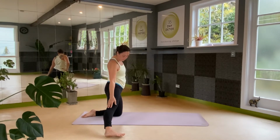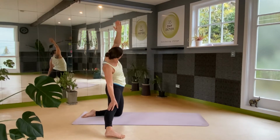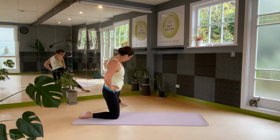So coming hips over knees, bring the right leg out to the side, flex the foot and then reach the arm up, left arm up and then over. Feel a stretch all the way from the left wrist to the left knee. Look under the armpit, pushing the hips forward. And then let's come to the other side, so swap it over,